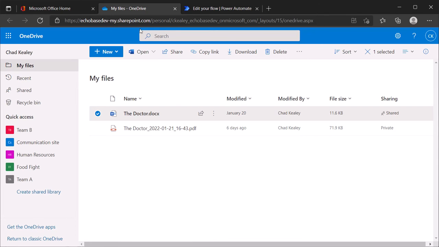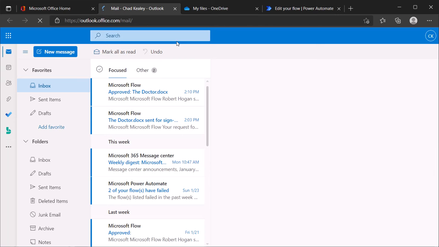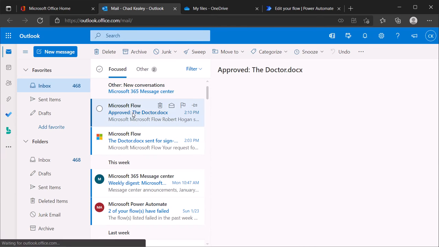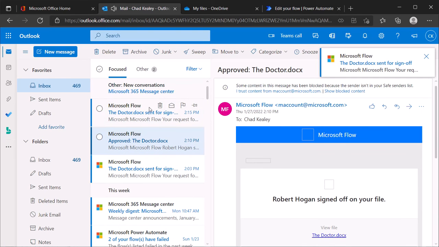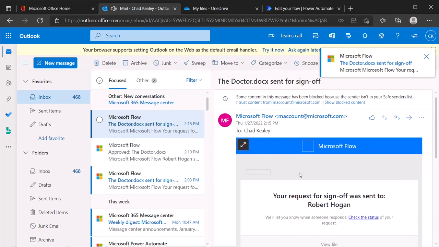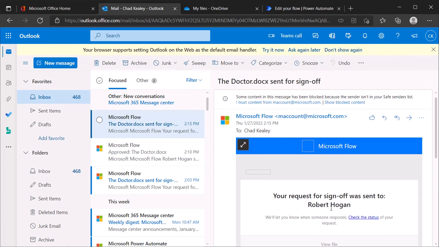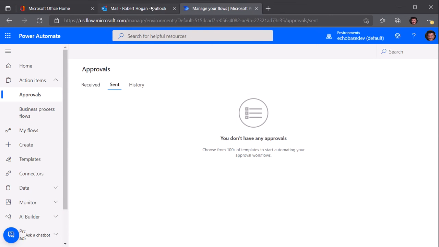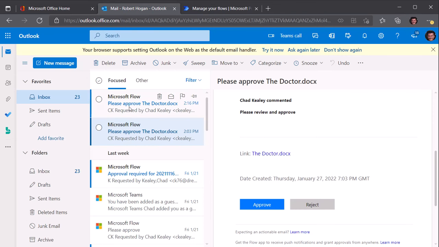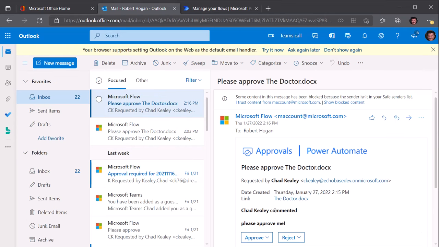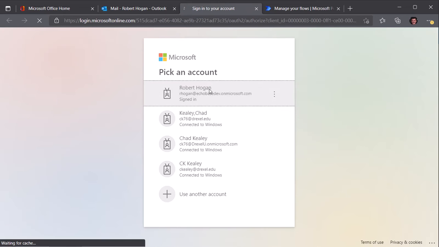done. And when I look at my email, I get a message saying that, there we go, the doctor.docx was sent for approval, was sent to Robert Hogan for sign off. And if I jump over to another browser where I'm signed in as Robert Hogan, I can see here is that message. There's a link, and I can open this document, and because essentially